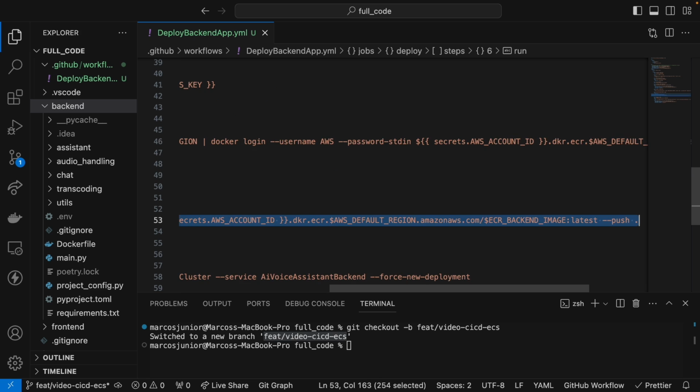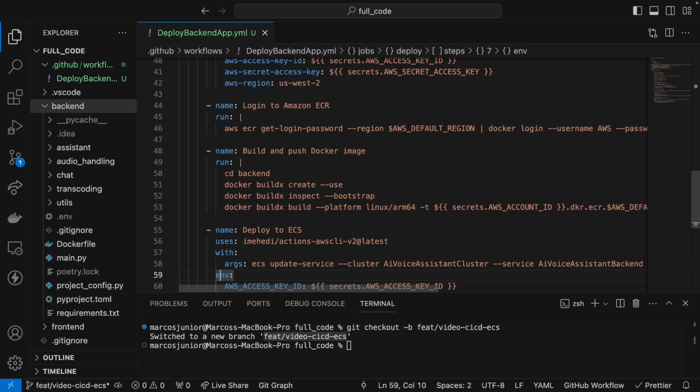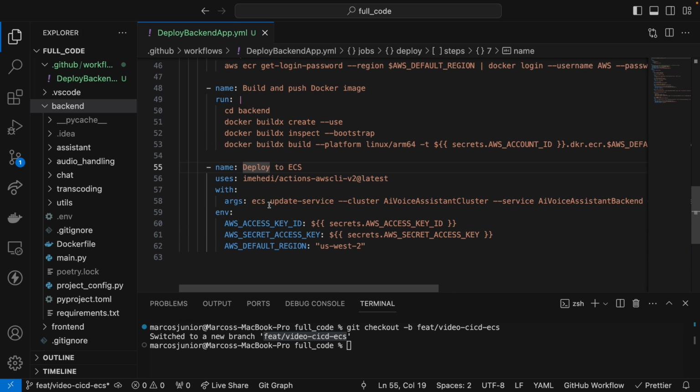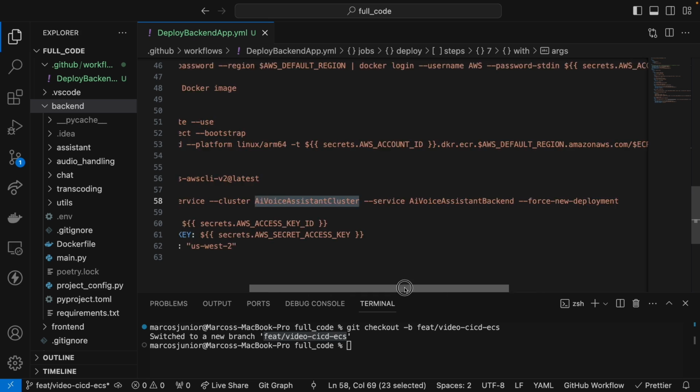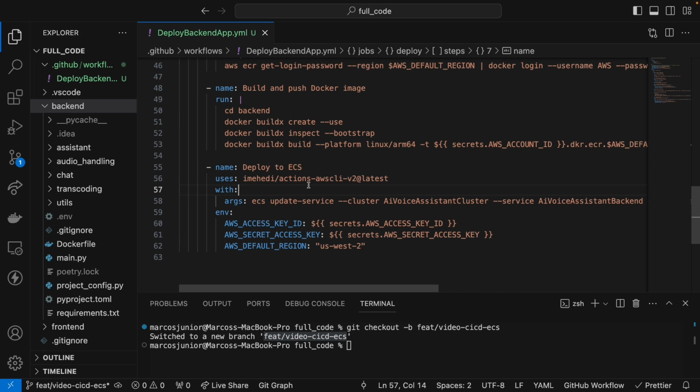Once we do this, I run the command to deploy the latest version on ECS. So here we're using the AWS CLI, and then we're running the command to update the service, and then we pass the cluster, and then we pass the service, and then we force a new deployment. Even though we did not change the task definition, we're basically forcing ECS to run the latest ECR image that we previously deployed. So this command here is equivalent to doing aws ecs update-service, then we pass --cluster,